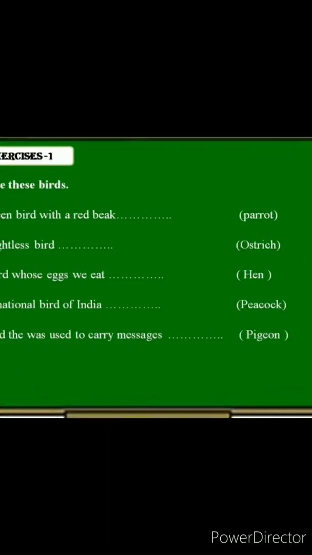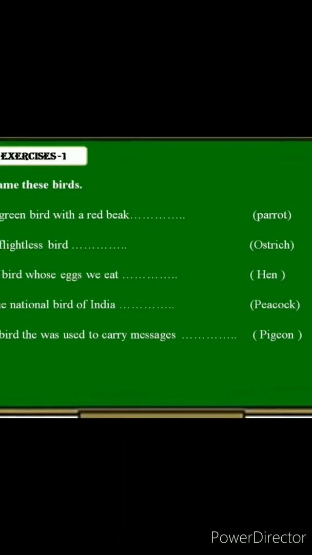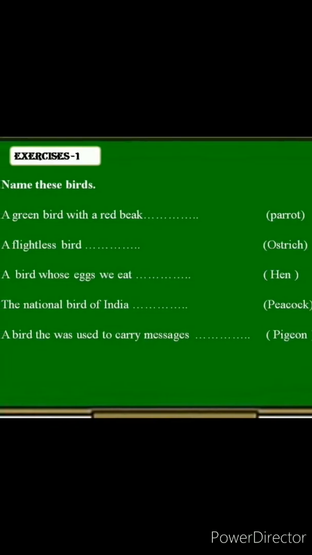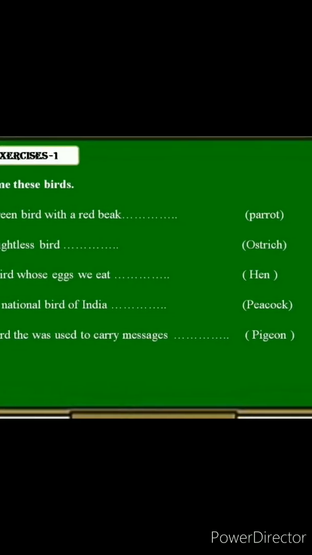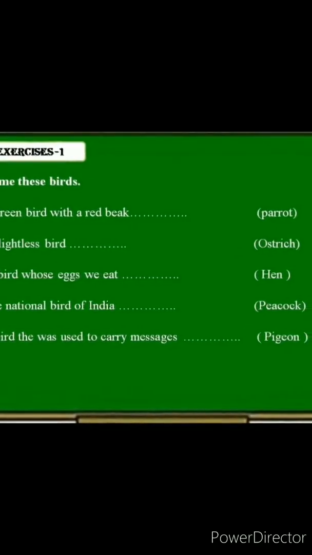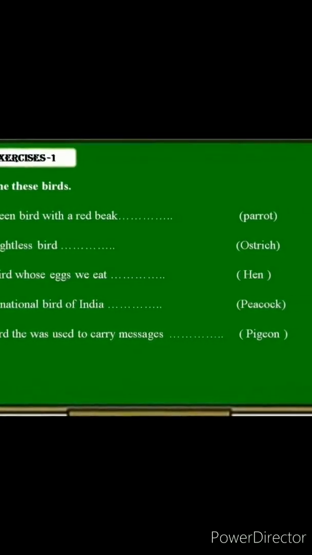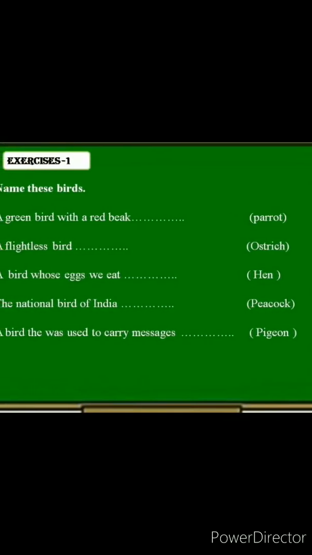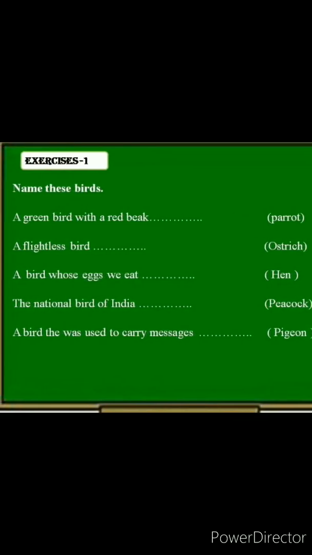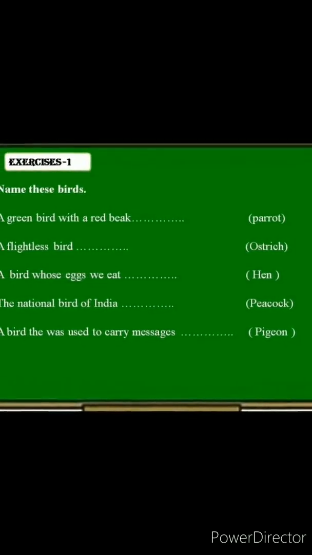A bird whose eggs we eat. Answer is hen. The national bird of India. Peacock. A bird that was used to carry messages. Pigeon.